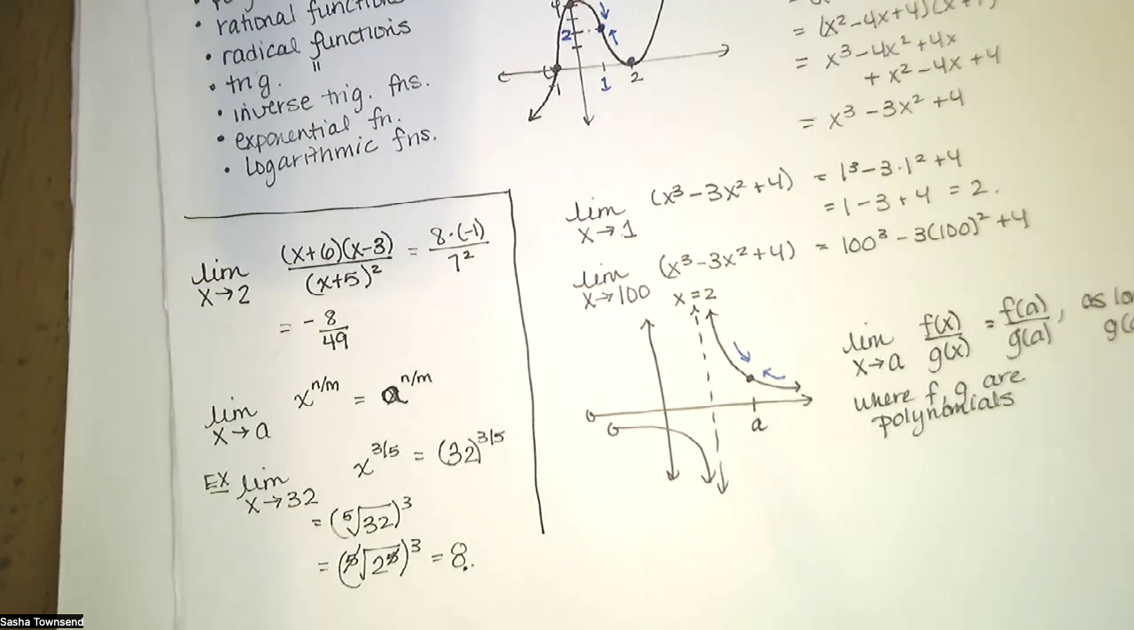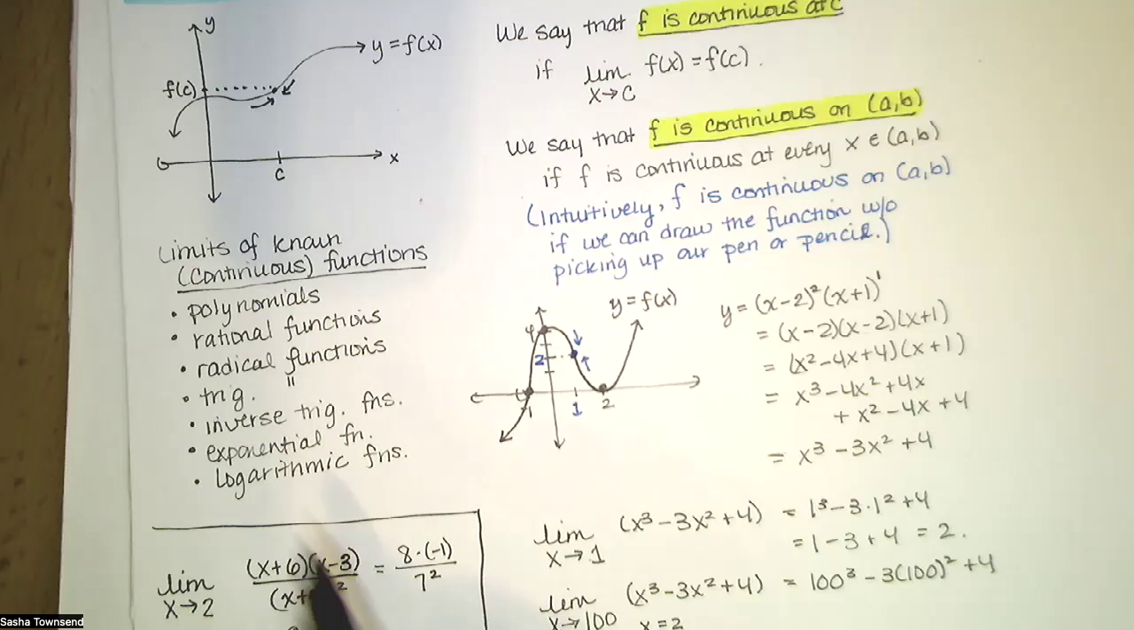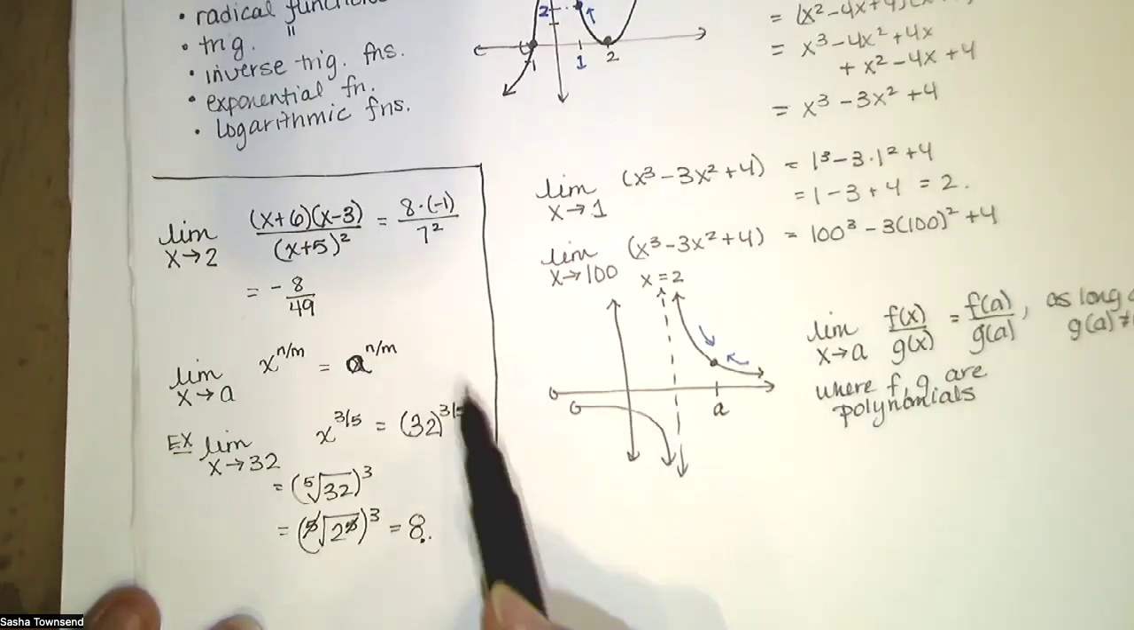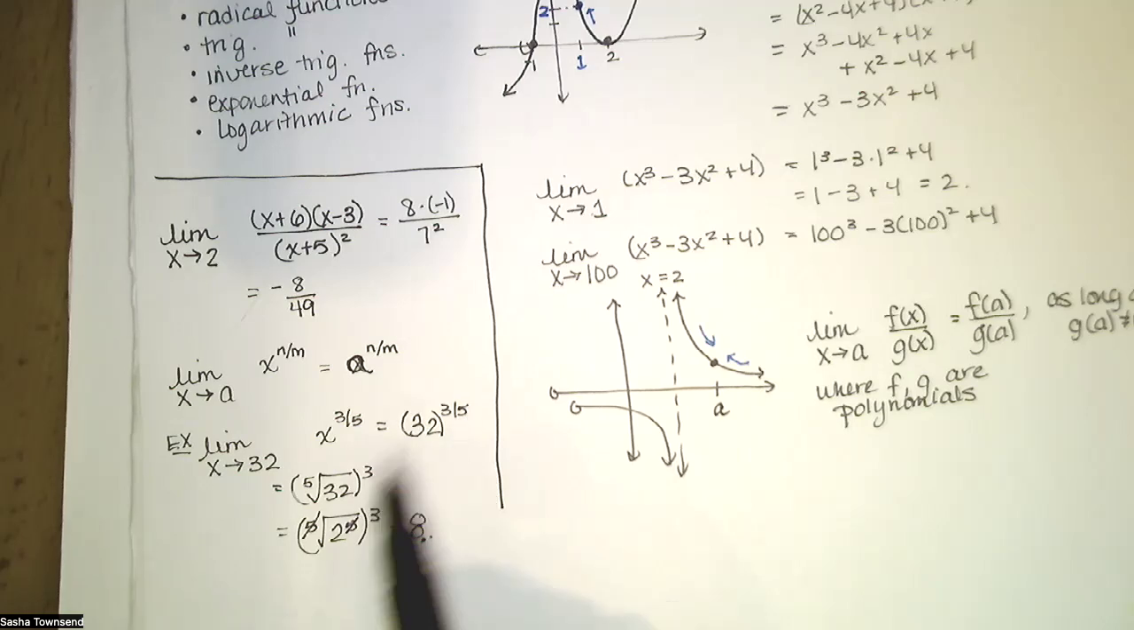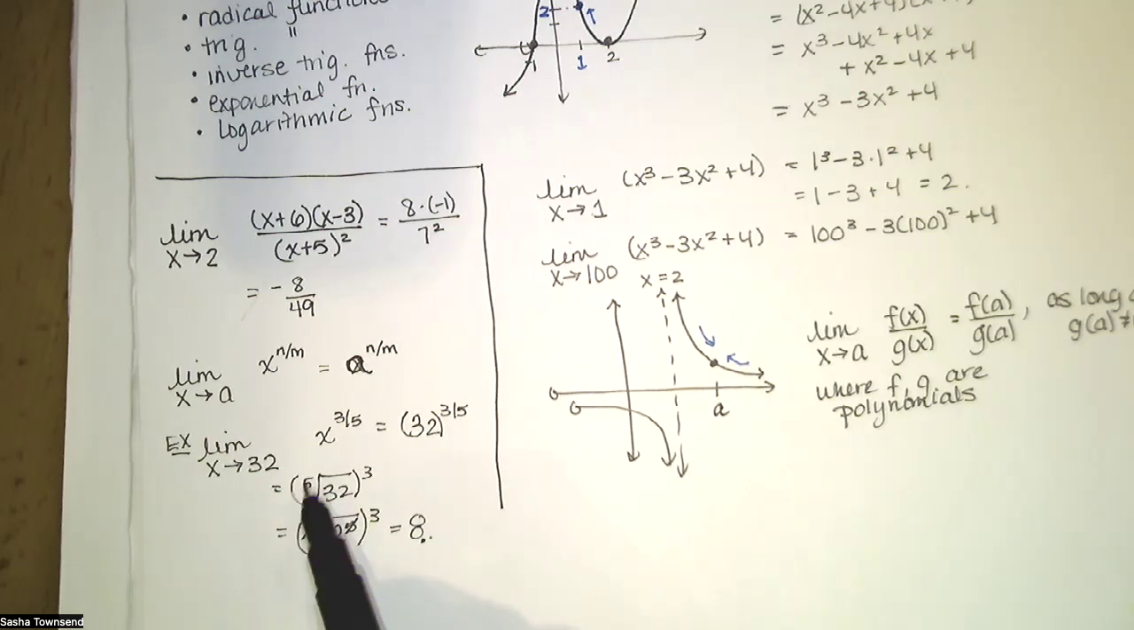All you have to do is plug it in. And that's just an example of a radical function. Even though it didn't have a radical in it initially, just had that rational exponent, the radical was implied because that 5 in the denominator implies a 5th root. So we've got